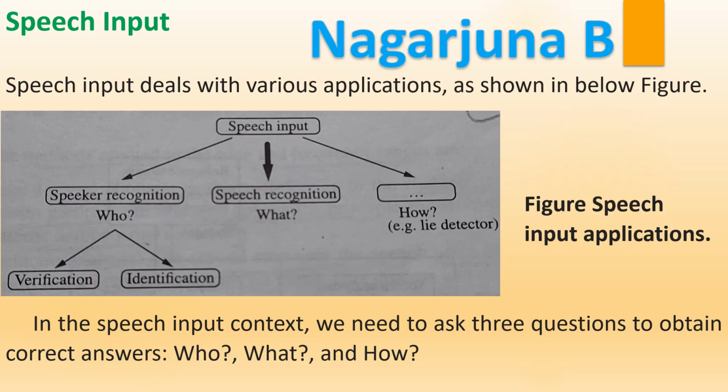In case of identification, the acoustic fingerprint of a speaker is used to recognize the speaker. Another one is the verification, where both the speech sample as well as the speaker are the input, and the system has to determine whether or not the speech belongs to the speaker. This is about who. That is the speaker recognition. One is the verification, another one is the identification.